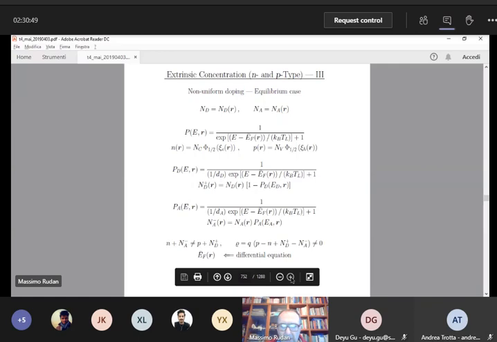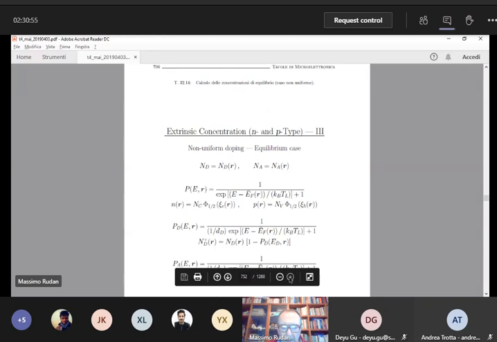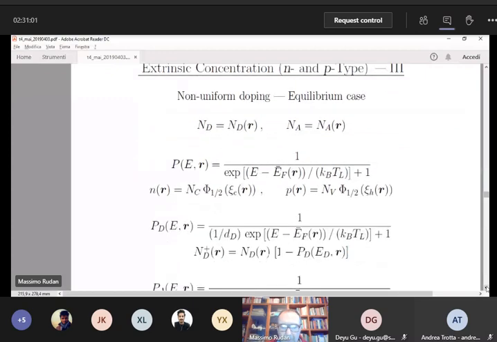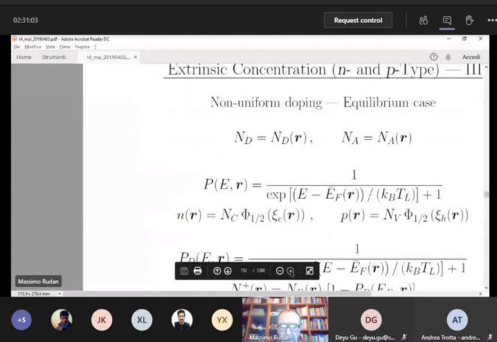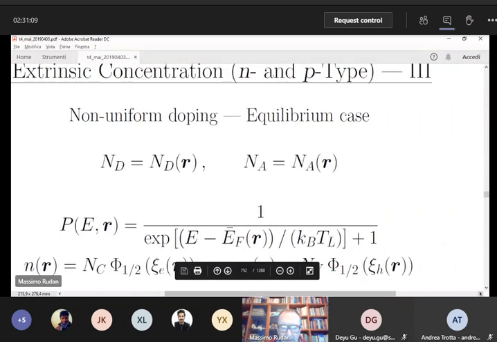So the bar is not easily visible, so I'm going to amplify the page to make it more visible. You may see now that this E sub F has a bar on it, okay, to distinguish from the constant Fermi level of the uniform case, okay? So we have to replace a function that we call EF bar, and this function depends on position,